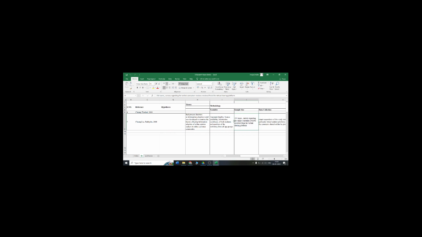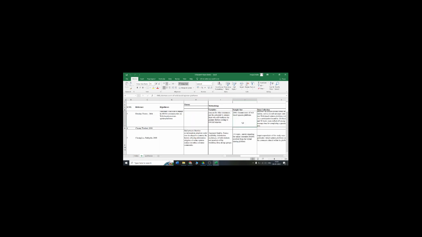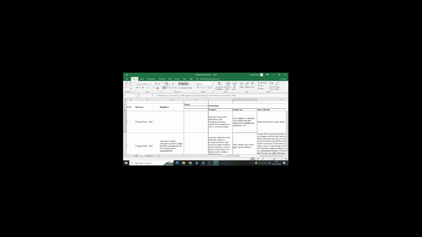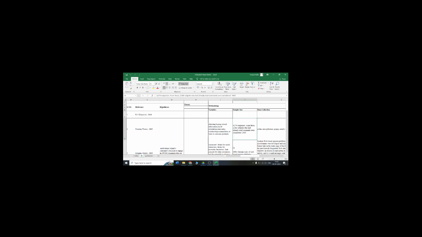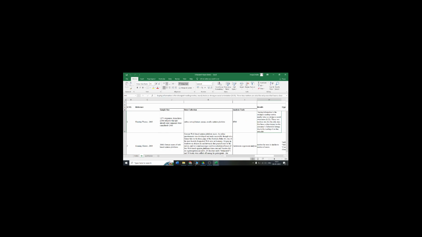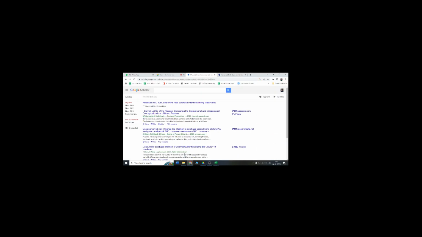The variables used, what is their sample size, because when you will go forward you have to also discuss your sample size. So you can say, okay, they have used 154 sample, so I'm going to use 154 sample. Then you will record their data collection method, and it's just simple like this. So for example, this is the paper that I'm talking about. So first of all,